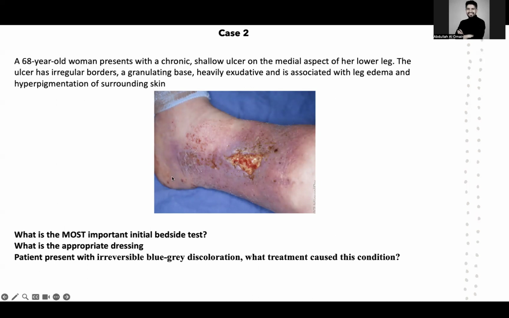If this patient came after a period and we found irreversible blue-gray discoloration, what treatment can cause this condition? It's going to be silver. There's the chat box. So the diagnosis is a venous ulcer, and the best